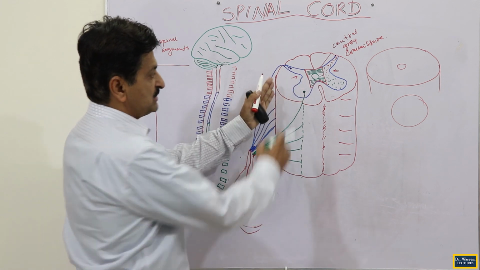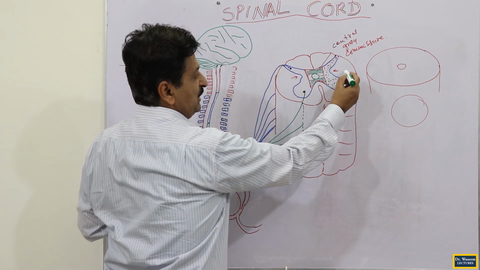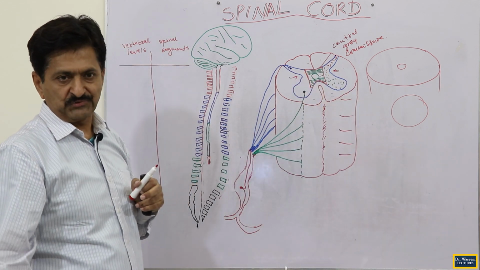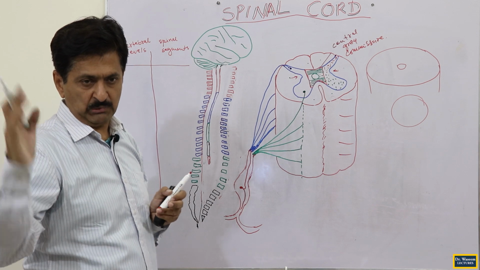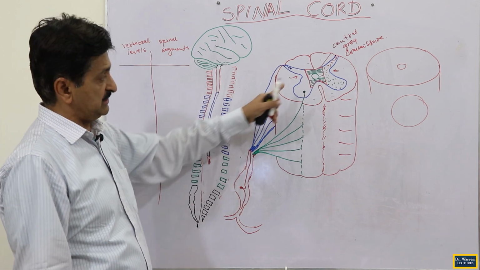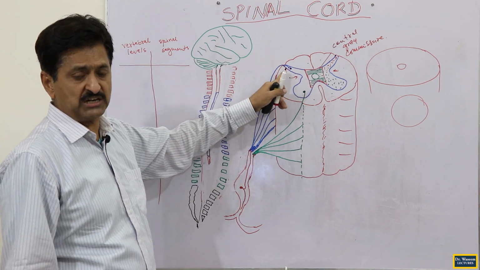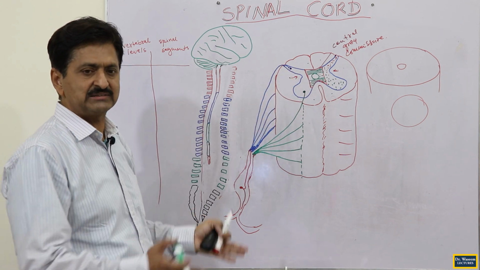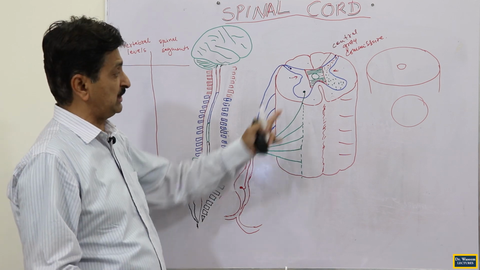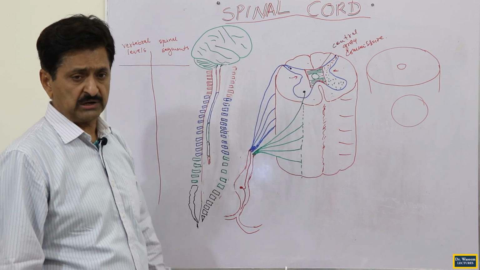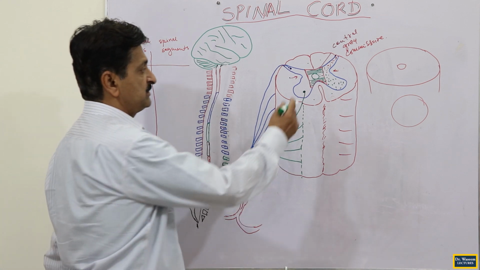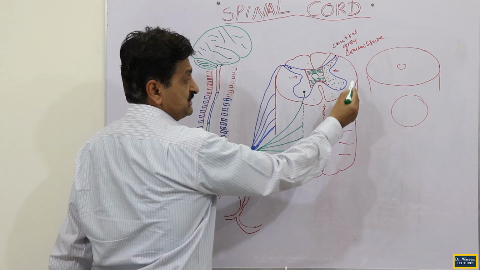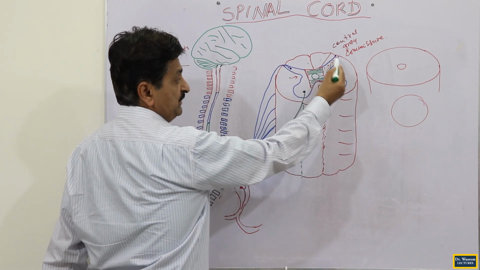And around these gray horns, you see that we have this white area, which you call the white columns. This is the marginal layer. If you remember, in early development we have seen this marginal layer. It does not contain cell bodies; it contains the neurites, the dendrites or axons of the cell bodies which lie within the central gray matter. And this is the surface of your spinal cord.